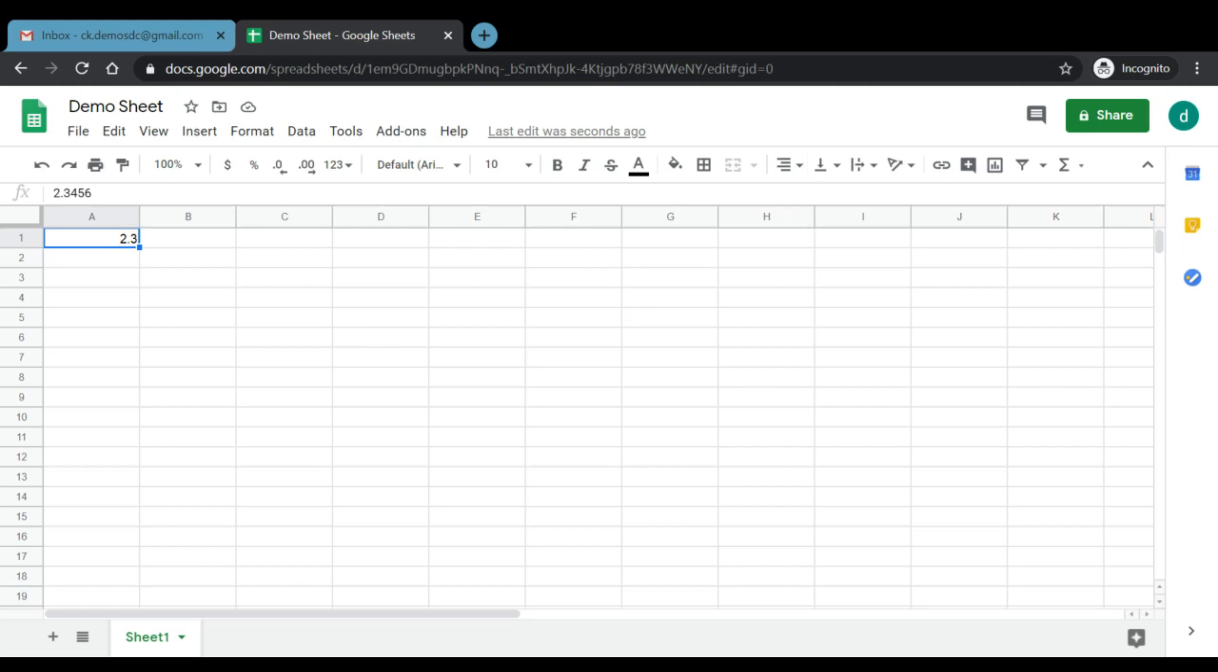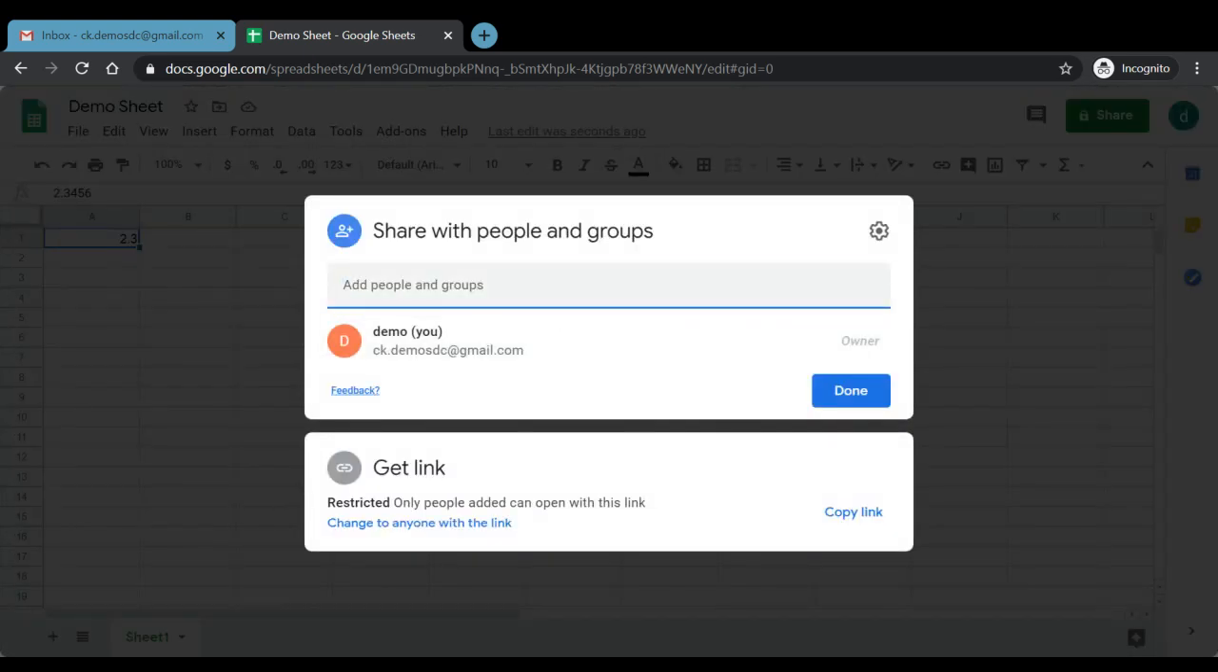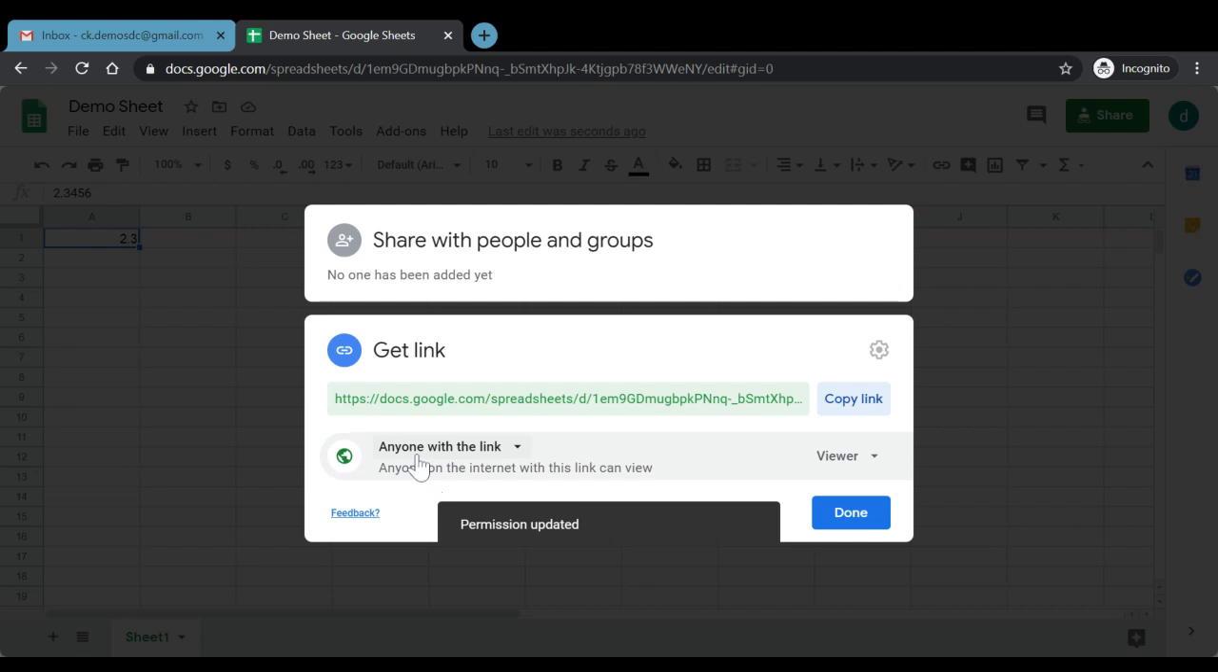Now, what specifically makes the Google spreadsheet different from Microsoft Excel, as already mentioned, is the sharing feature. The share button of Google Sheet works exactly in a similar manner as it did in Google Doc. We can click on share. We can either share it with any specific person with the email ID, or we can copy the link and then share the link with a number of people. For example, change to this particular setting, anyone with this link can access it,